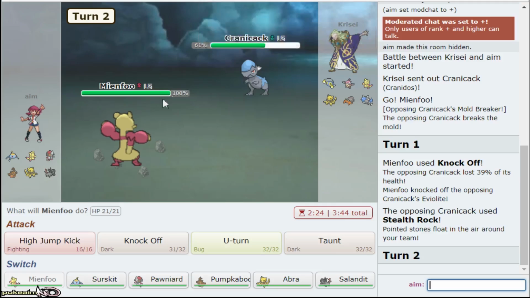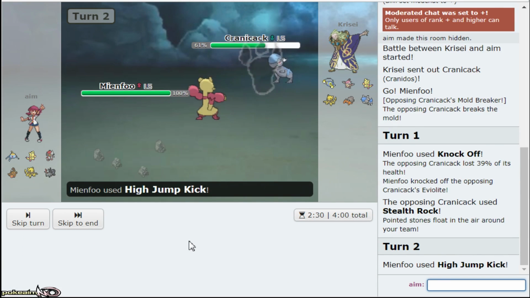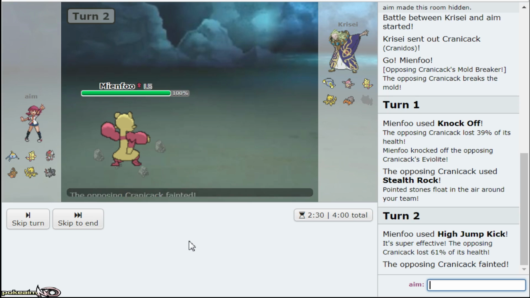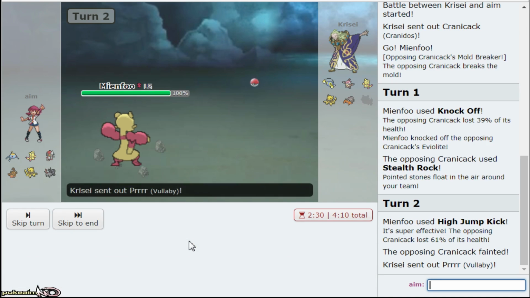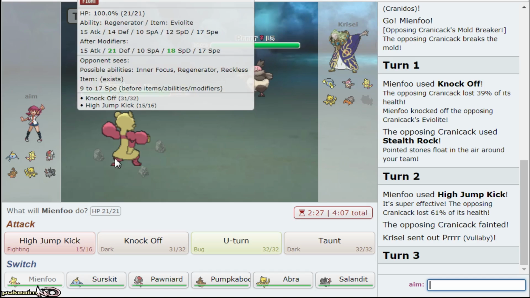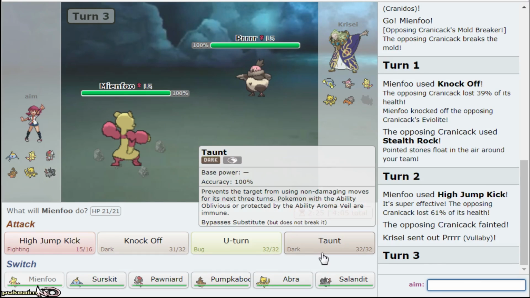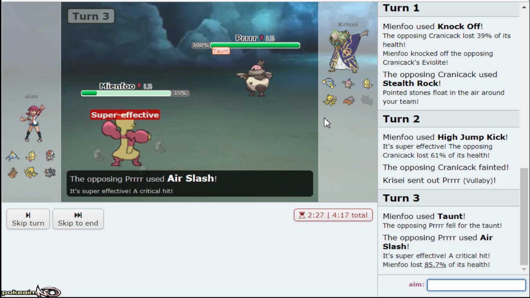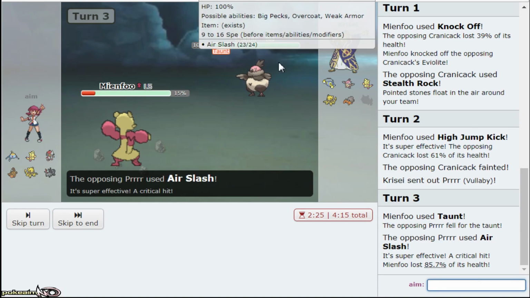So what type of Dwebble do you have then? Alright, well show me your high jump kick switchings. There's one. It's kind of cack. Okay. Goes Vullaby. Which makes sense because it beats me. I'm gonna taunt you because I do not want you setting up. Are you Heat Wave? Yeah, I take an Air Slash anyway. Unfortunately, he crits me there, but